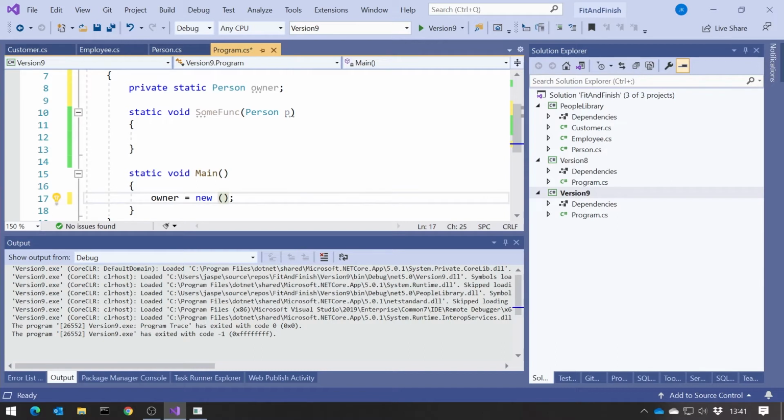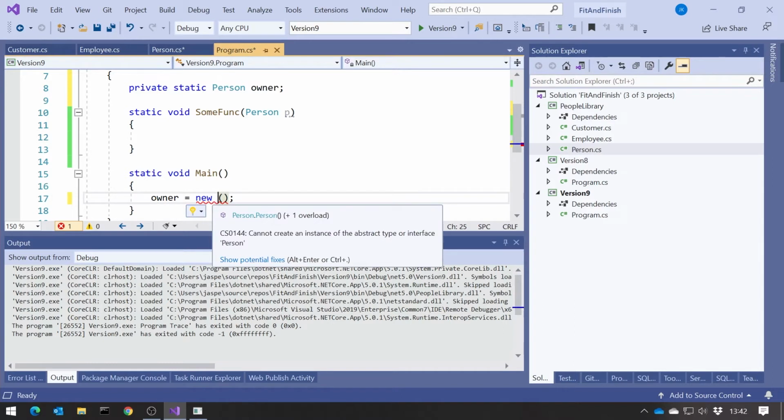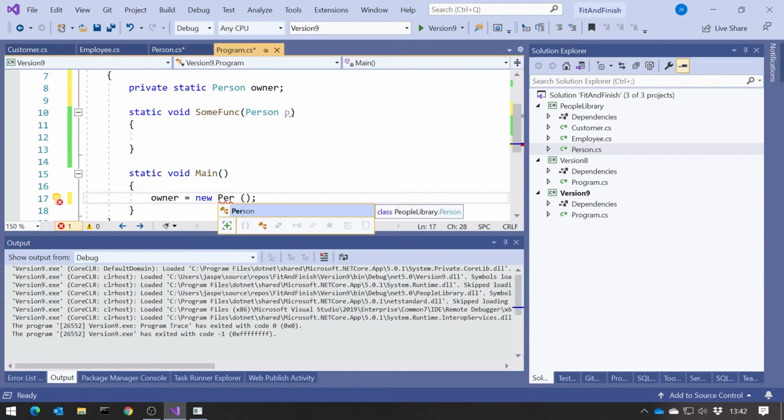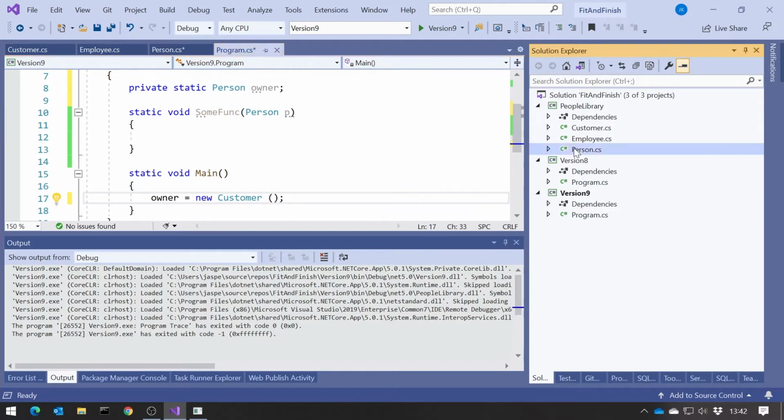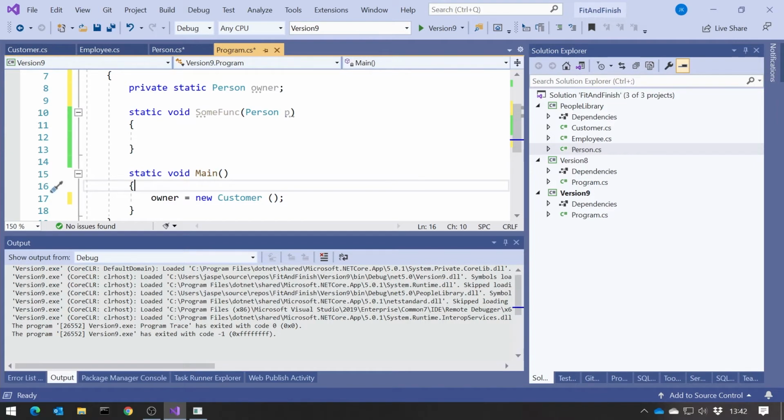Now, of course, when you've got inheritance, it probably makes more sense if your person class is declared as abstract, because we don't want to have just persons. We want to either have customers or employees. And if we look at that now, we can see, as you'd expect, we're getting a syntax error because that's just the same as saying new person, and that's not allowed because it's an abstract class. But once again, we could put in here something like customer, and that would be absolutely fine. However, that's actually kind of removing the ability to do that. So let's just leave that as non-abstract and have a look at a few other things we can do.